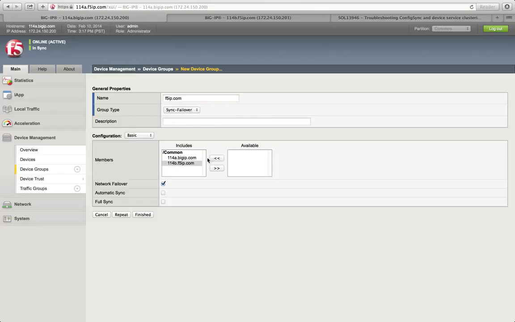And you need to include the available devices as well. I just included them while I was speaking to you. You just need to bring them into the include members. So whichever devices you need in the same device group, just add them. And automatic sync, if you prefer to sync automatically